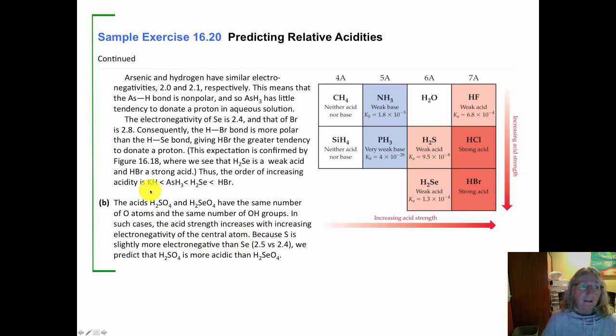And that is the answer that you can see here. Remember, if you're confused, the arrow is pointing to the smaller value, if that helps you. Now you had 3 other acids to compare to each other, and they were